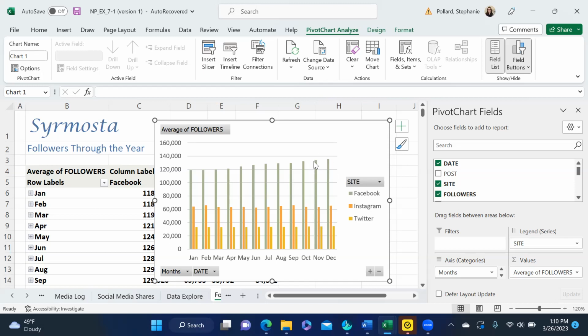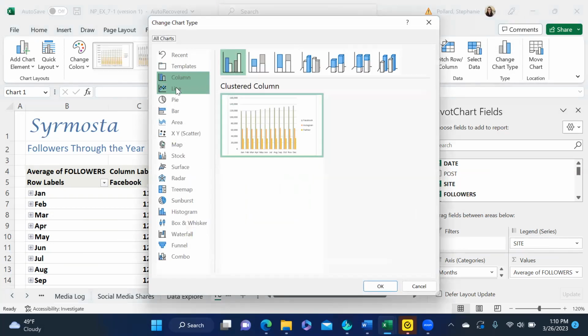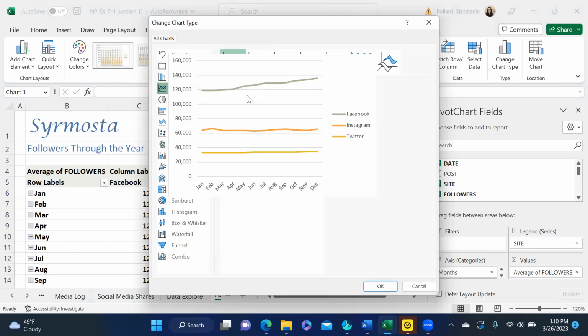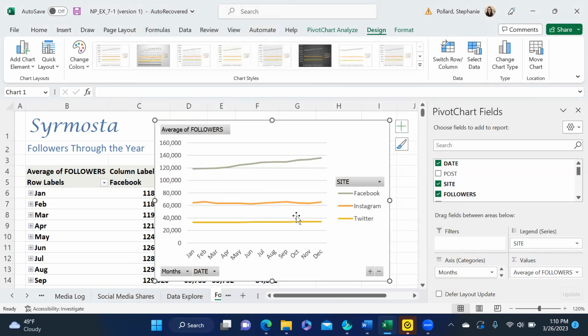So here I'm going to go ahead and change the design. I have my chart selected. And up here, I can see all sorts of features that you can tweak for PivotChart Analyze, and I can also go to Design. So I can change the chart type over here. And maybe I prefer a line graph instead. So I can select my line graph there and click OK,